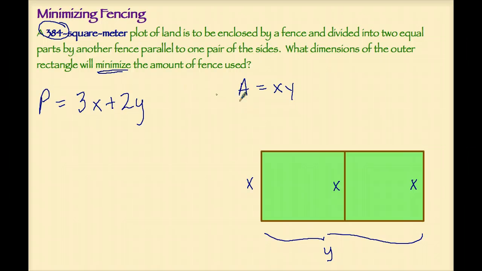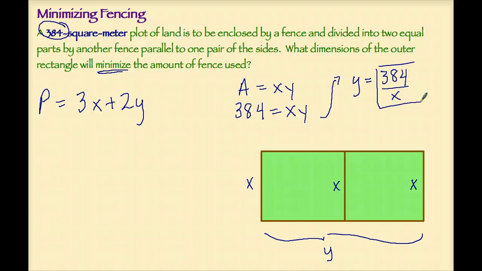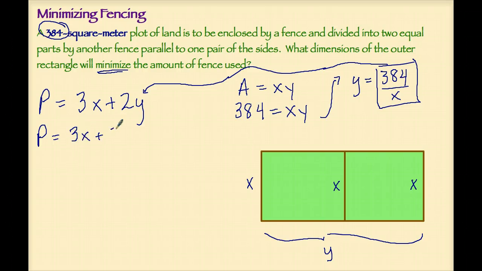And since we know what the area is, we can say 384 equals xy and solve for one of these variables in terms of the other. It doesn't really matter which one we solve for. I'm going to solve for y and let this be 384 over x. Now we take this expression, and we go replace the variable in our primary equation with that quantity, giving us a new primary equation that now is reduced to one independent variable, 3x plus 2 times 384 over